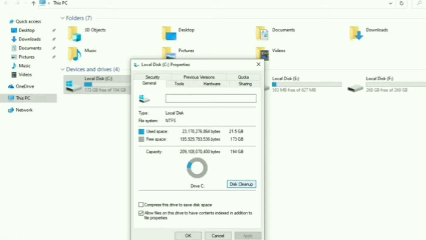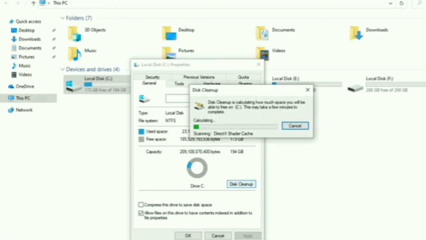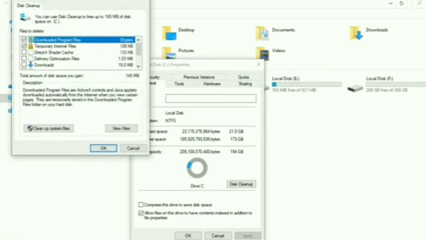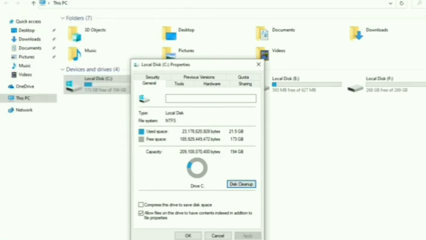When you click on Disk Cleanup, you will see that the system is cleaning up the unwanted files or unnecessary things here. Now you will get this kind of options. Just delete the unrequired things here, like thumbnails, temporary files, recycle bin. See here, automatically they have been checked instead of doing it manually, and click on OK. You can also do the Clean up system files option, click on Clean up system files, and just click OK.